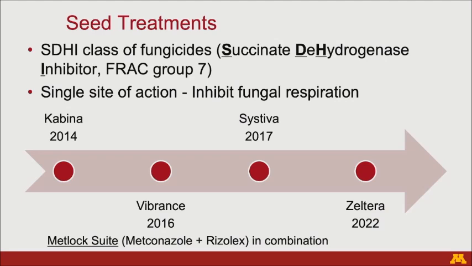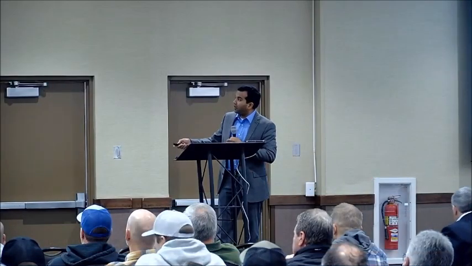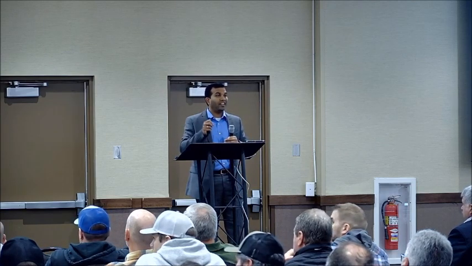It'll be, 2024 season, 10 years we had these seed treatments labeled for rhizoctonia. Number 1, that's Cabina back in 2014, to brand new Zalterra or Excalia as a post-emergence. This is in 2022. But all of these belong to the one class of fungicides we call succinate dehydrogenase inhibitor. It's a single target. It's not doing any multiple things. It's just inhibiting one key enzyme that's involved in respiration, right?